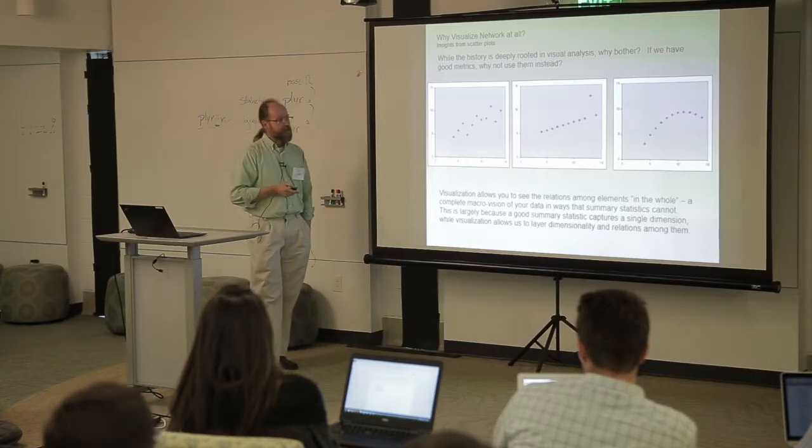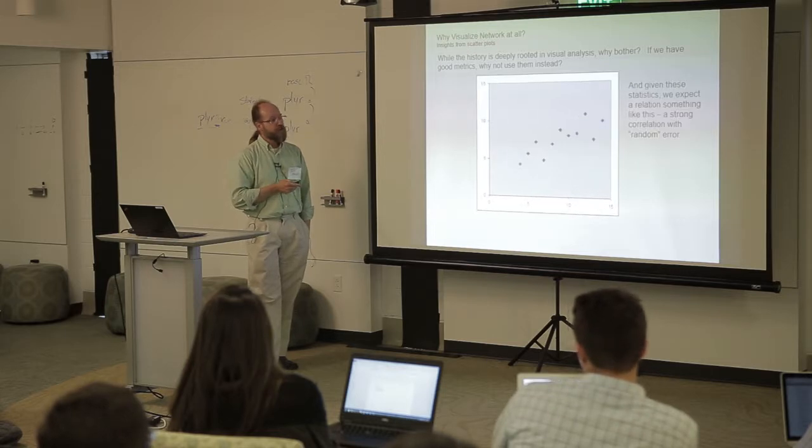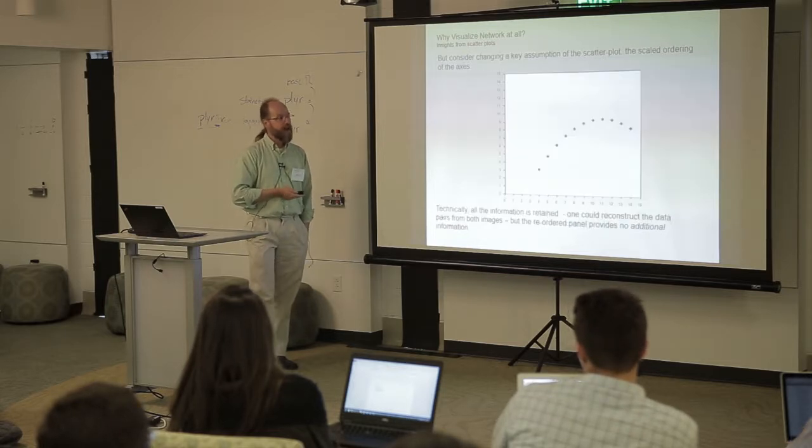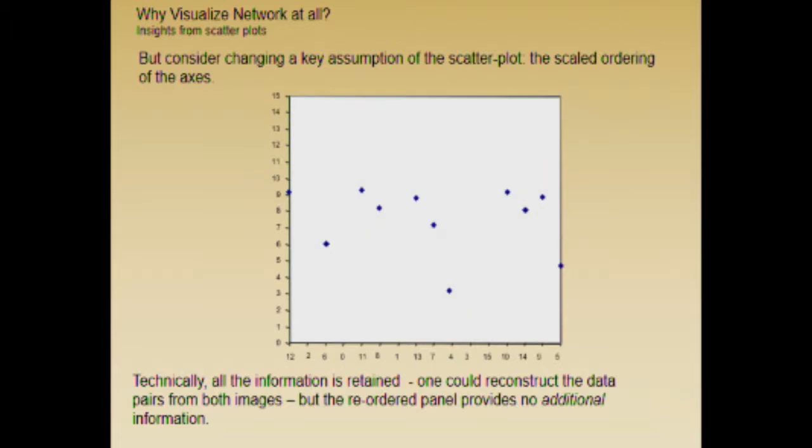Now, one question you might ask yourself is, why is this such an effective treatment of this problem? It's because we understand what a scatter plot looks like, right? So imagine I give you this scatter plot again. The reason I know what story I'm telling with that regression line is because I understand the relationship between the x-axis and the y-axis. I could instead represent this data like this, right? So this is the exact same data, and its data fidelity is high, right? I've just randomly reordered the x-axis. I would never do that. That's a ridiculous thing to do, right? But I could, right? There's nothing wrong with that per se in the sense that I could easily recover the data by going through and saying, well, the 0 points here and so forth.